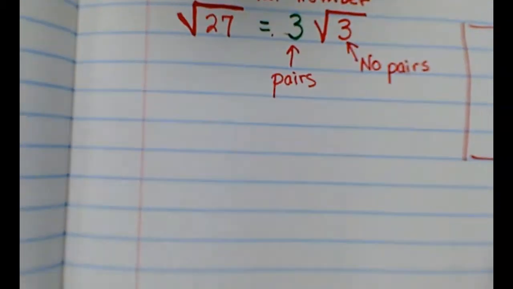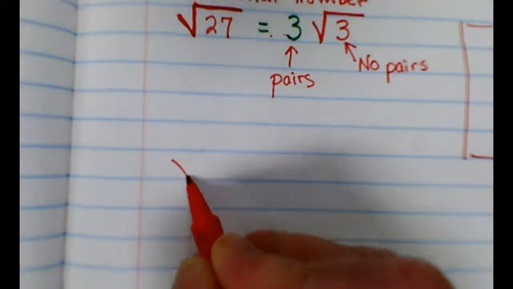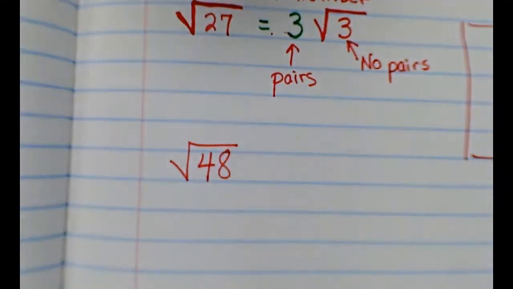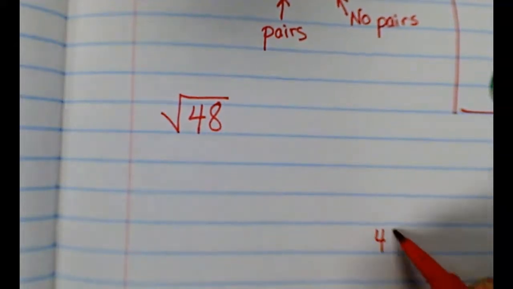That was so fun, we better try again. Is that a perfect square number? No, 49 is a perfect square number, but not 48. So I go down here at the bottom of my paper,